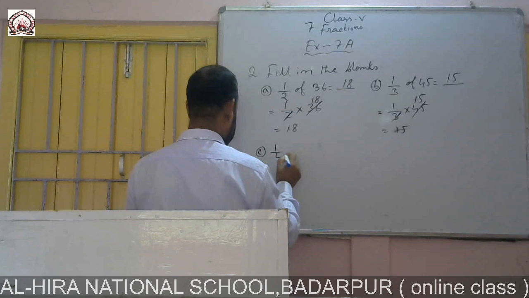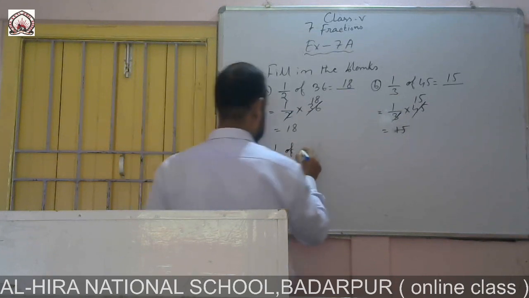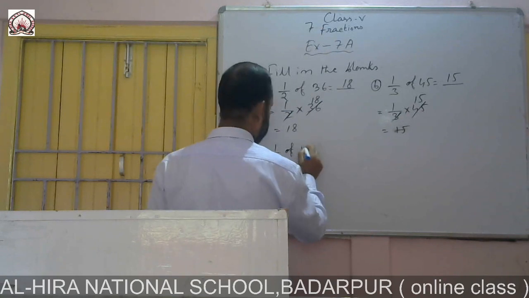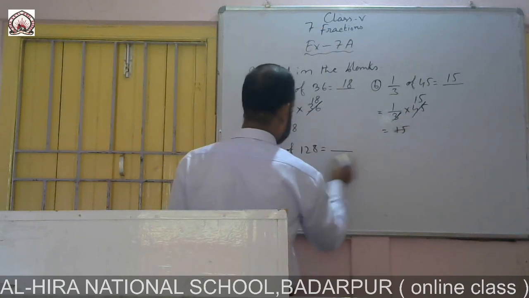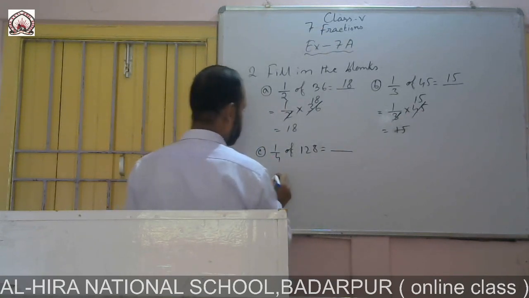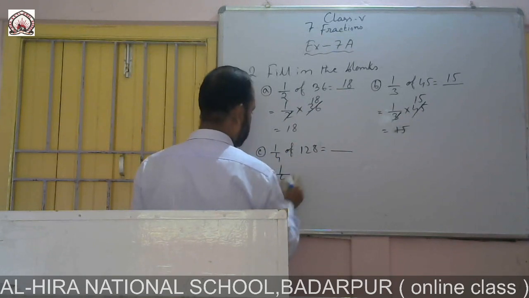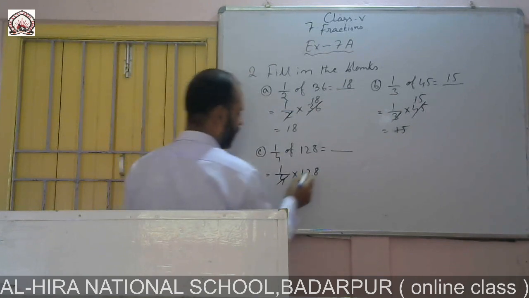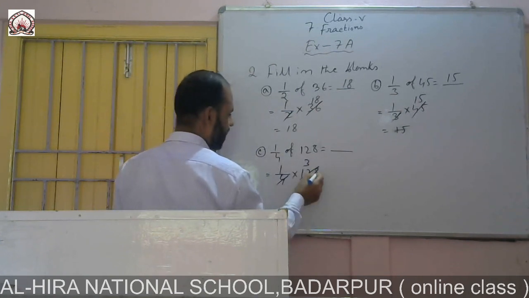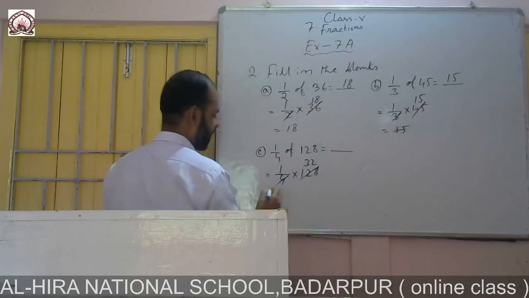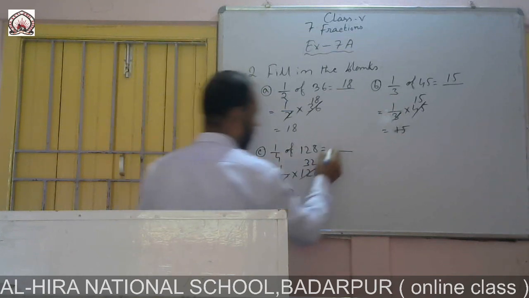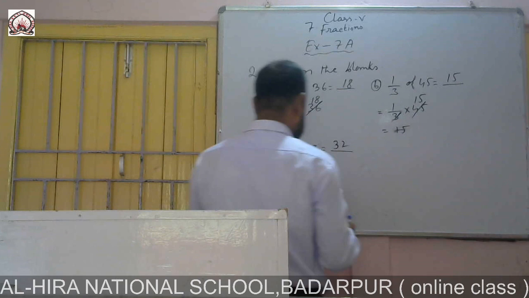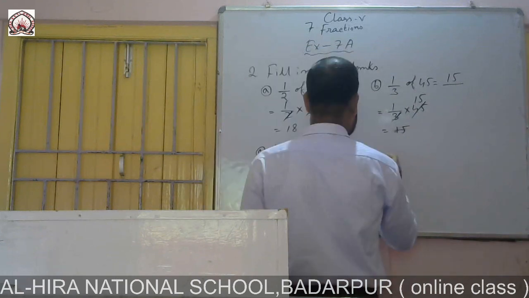1/4 of 128 equal to dash. So like this we cut, 1/4 into 128. 4 1s are 4, 4 3s are 12, 4 2s are 8. Answer is 32. Next question number D,